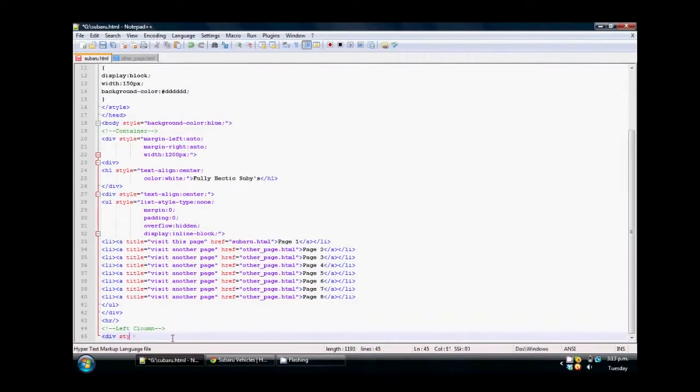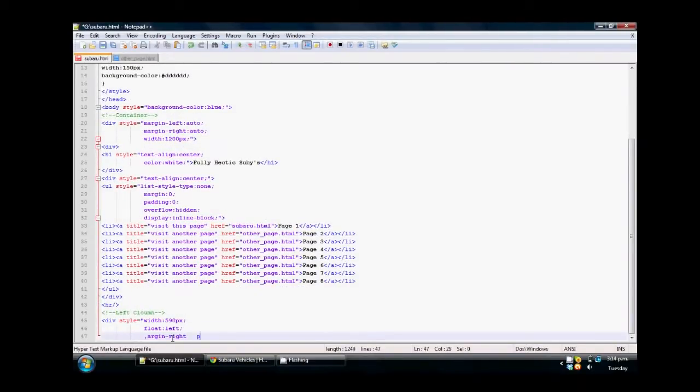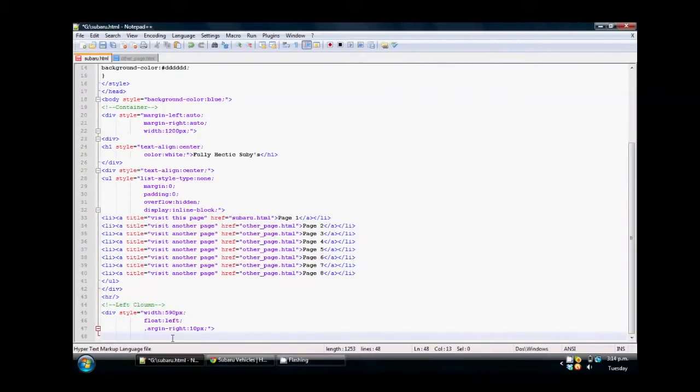And here I'm making that div, giving it some style, 590 pixels, so around about half of the container which we made. The container was 1200 pixels. We're going to make this column float left so that afterwards we can do a right column, and it'll come up to the right of this column. We're going to give it a margin right of 10 pixels just to separate it a bit from the right hand column. And it's just going to do the P tag, which is paragraph,